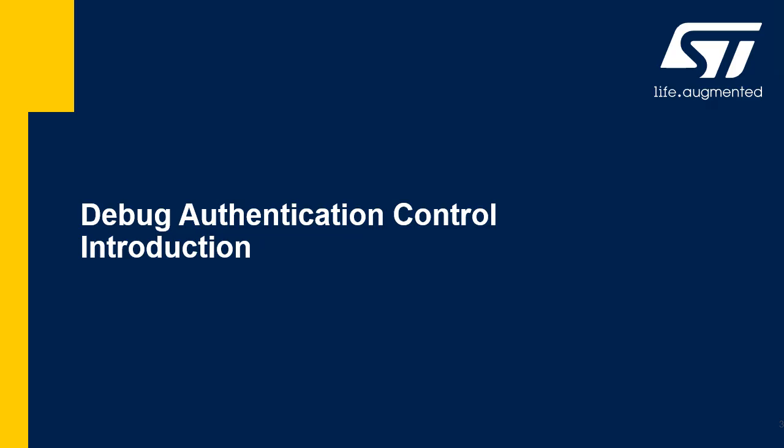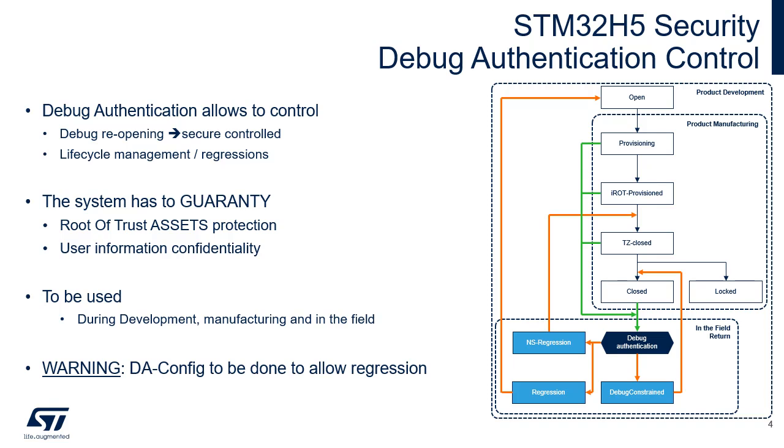Let us start with an introduction to Debug Authentication Control. The debug authentication is one of the most critical security features of the system, considering that with the debugger, the user can access a large part of the system. To control reopening of the debug, the device imposes a debug authentication protocol. If the device is in closed state, the debug state is closed. The debug authentication procedure allows a trusted debugger to reopen access without compromising sensitive information, called the root of trust